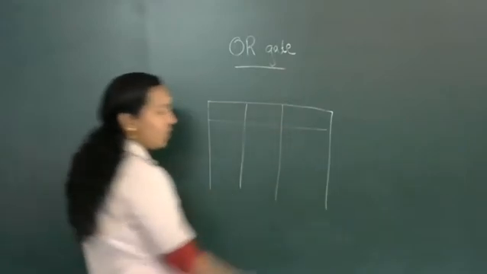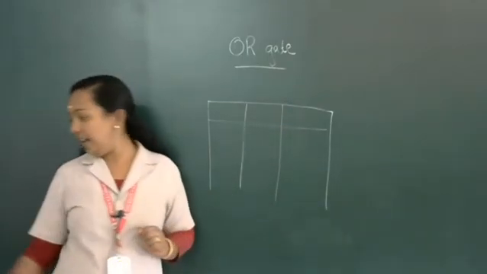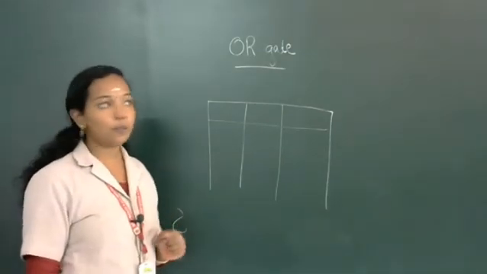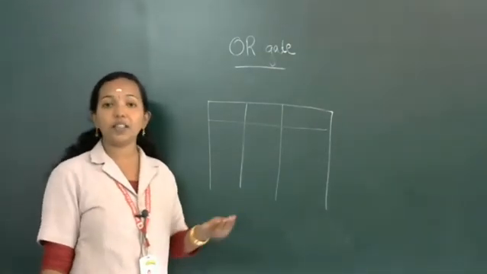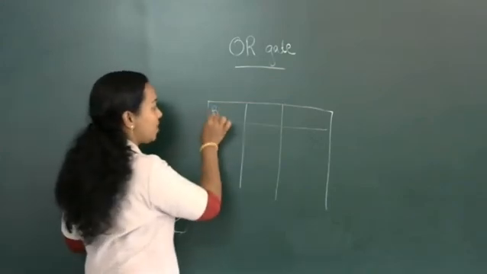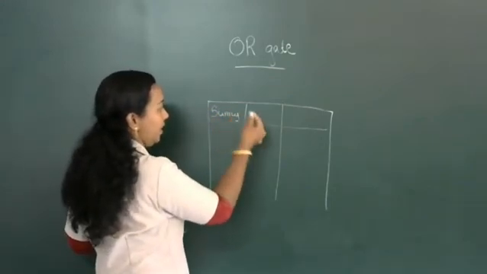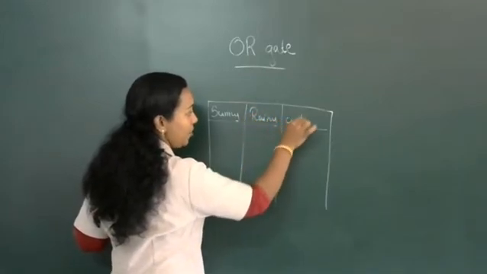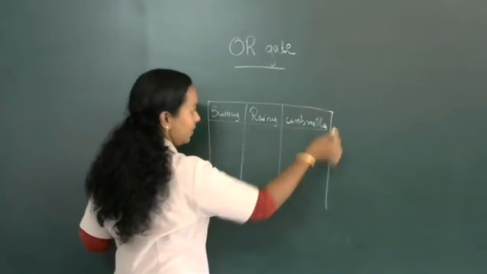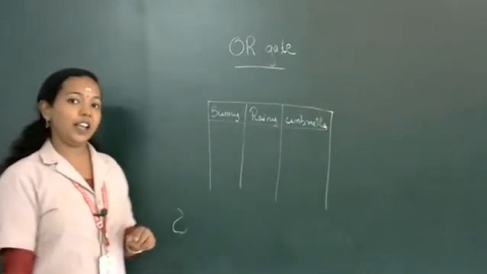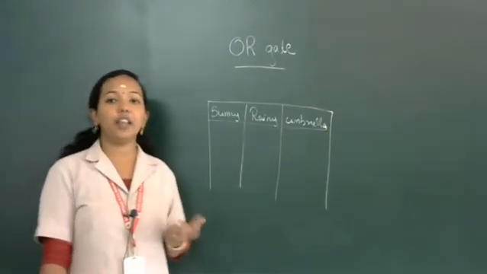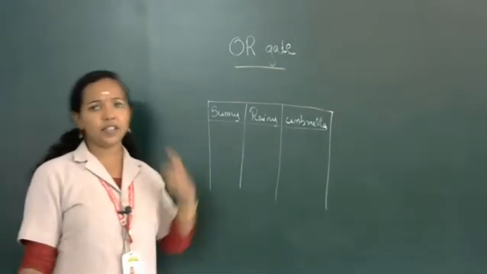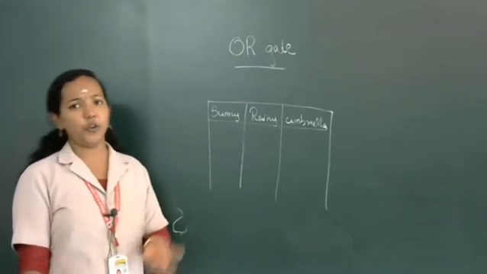In your textbook there is one real life example: when do you use an umbrella? Suppose we are going somewhere, when will we use an umbrella? There are two possibilities, it is sunny or it is rainy. If it is the rainy season, then definitely you want to take an umbrella. If it is sunshine, the sunny season, then also you want to take an umbrella.